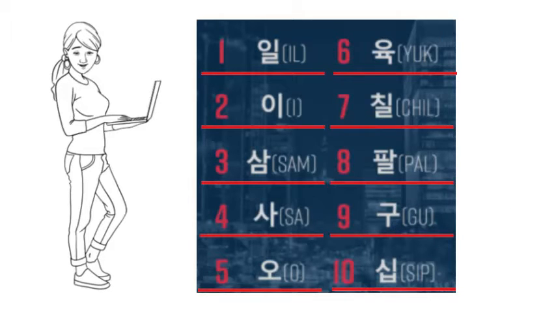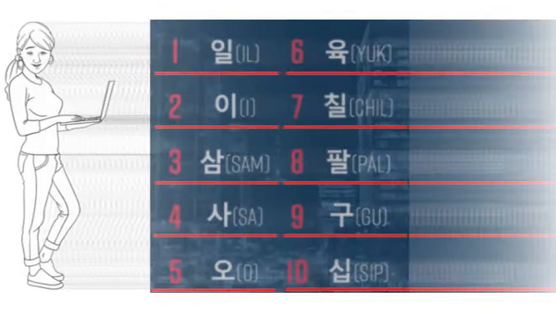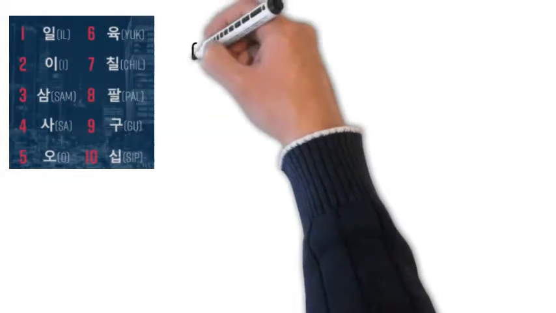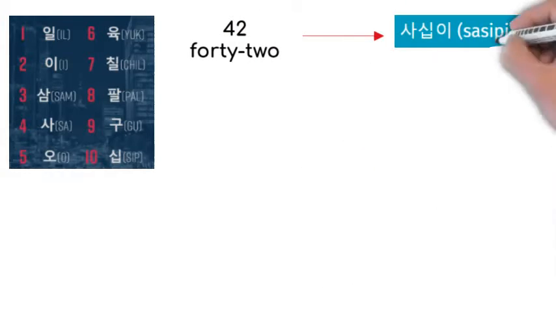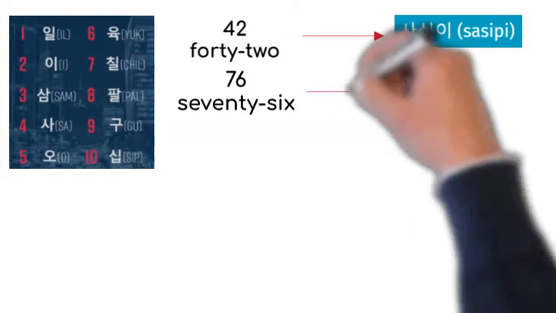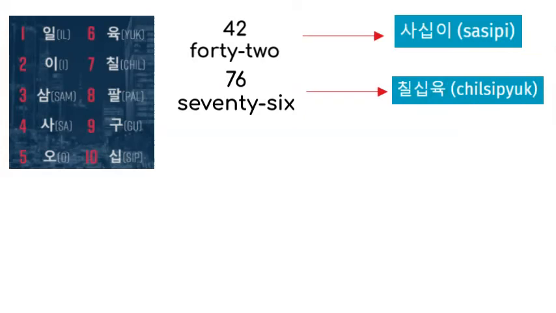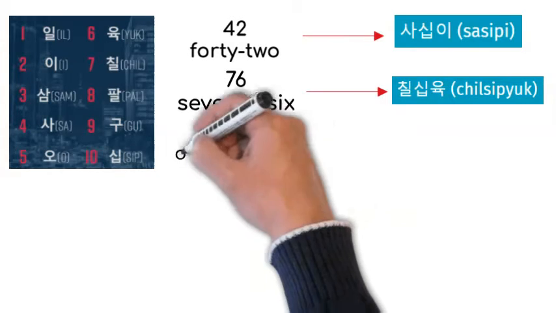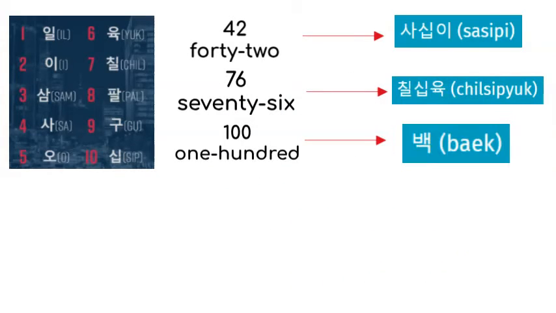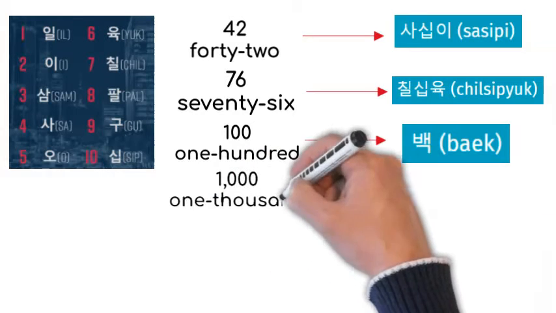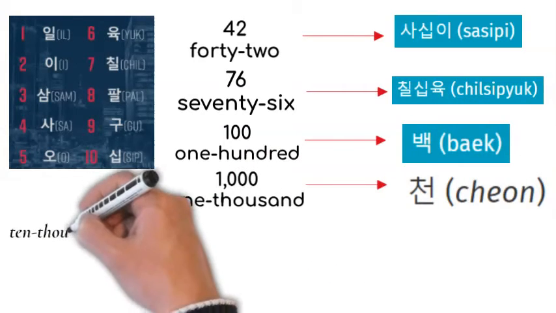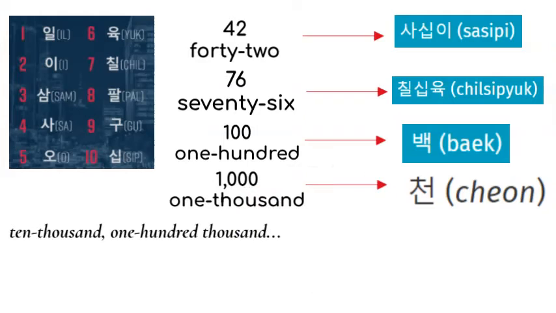In English, as we count up from 10, we combine the names of the first 10 numbers to make new numbers, and Korean works the same way, like 42 in Korean, or 76 in Korean, until we get an entirely new number name at 100, and then another at 1,000. Then we get to 10,000 and 100,000 before we get our next new number word at 1